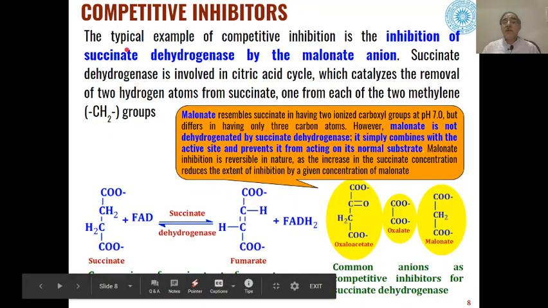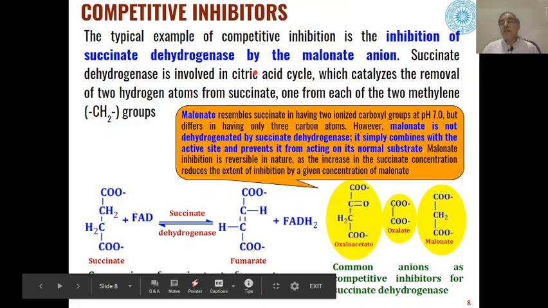Then some typical examples of competitive inhibition. For example, in case of the enzyme succinate dehydrogenase, this enzyme is used for dehydrogenation of succinate to fumarate. So what happens is, one hydrogen from here, one hydrogen from here, they are removed from this carbon-carbon single bond to give us a carbon-carbon double bond. And this succinate